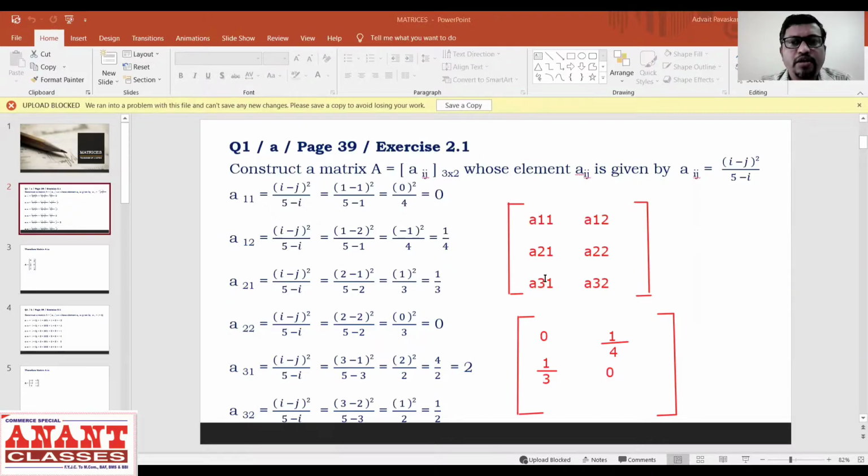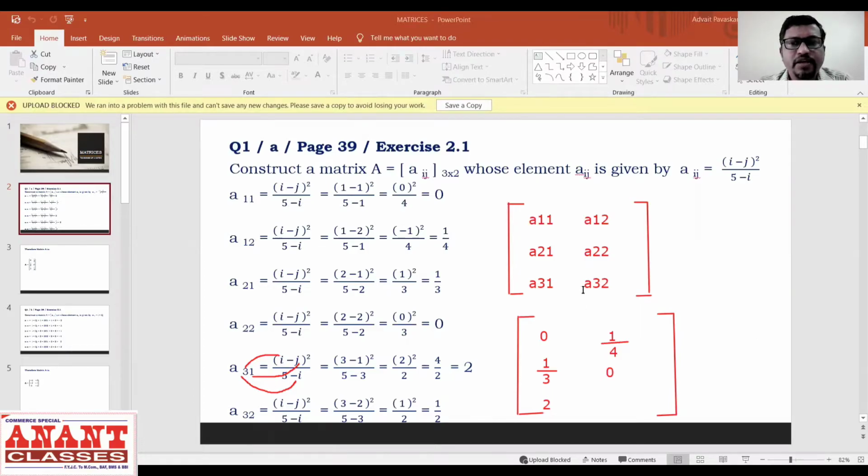नेक्स्ट ये ढूंढेंगे थर्ड रो फर्स्ट कॉलम। तो थर्ड रो फर्स्ट कॉलम, तो i का वैल्यू आ गया 3, j का वैल्यू 1, और यहाँ पर i का वैल्यू 3। सो 3 minus 1 का स्क्वायर, मतलब 2 का स्क्वायर दैट इज 4। 5 minus 3 दैट इज 2। 4 डिवाइड बाय 2 दैट इज 2। ये वैल्यू आपका A थर्ड रो फर्स्ट कॉलम, यहाँ पर आपका वैल्यू आ गया 2।